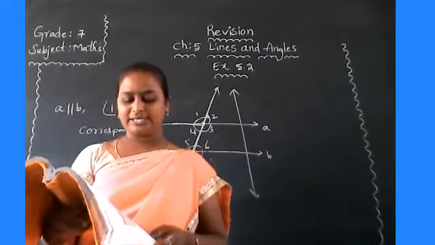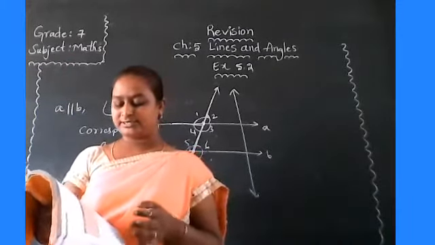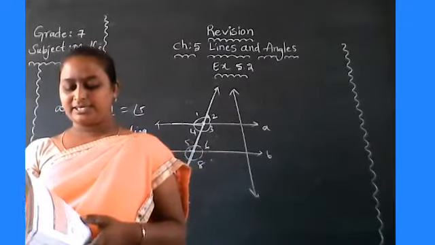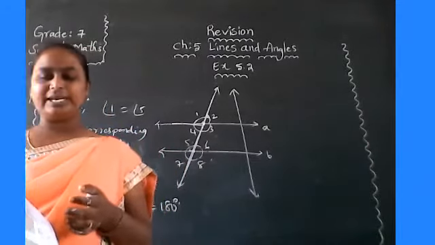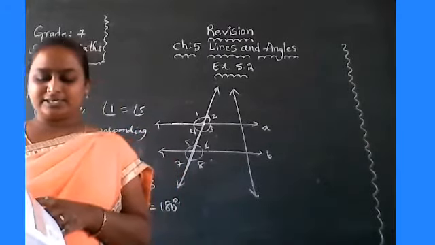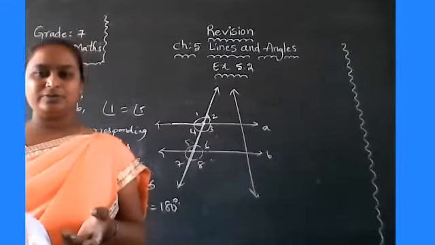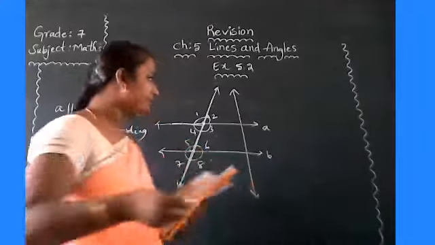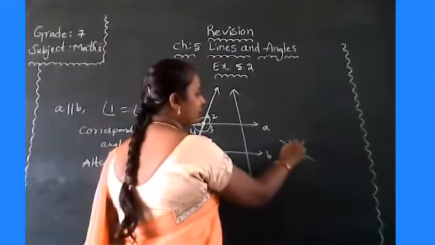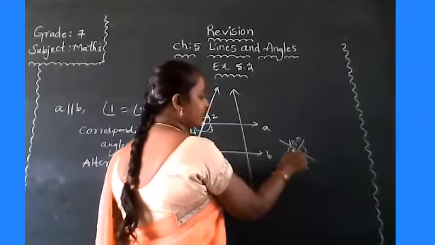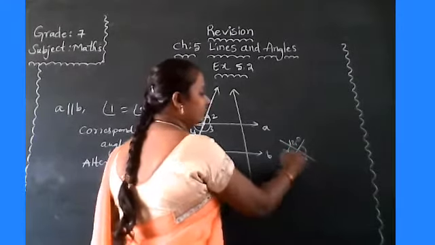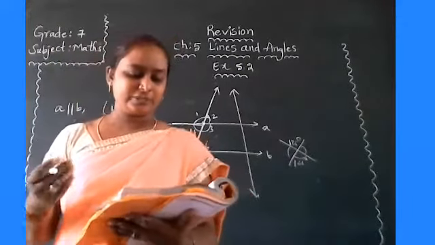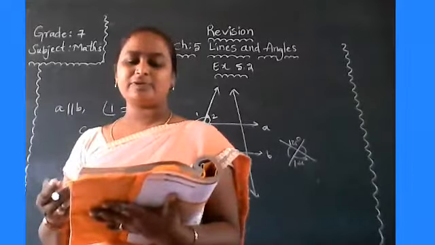Next, third one also given. Find the unknown angles. P and Q are the two parallel lines and there is one transversal. Some angles are formed, so find those angles. You have to find E, F, A, B, C, D. Already there is 125 degrees. Yes, you may use the vertically opposite angles property. Why? Because if two lines cross, the vertically opposite angles are equal. Suppose this is 125, what about this angle? 125. So use the vertically opposite angles property. Right.